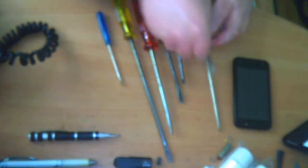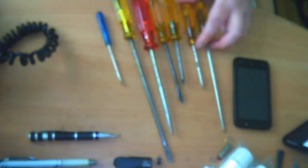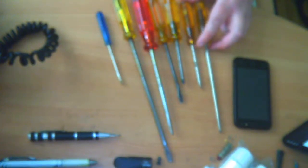Right, so that's what we've been up to this week. We've been messing about this week with Steadfast screwdrivers and other screwdrivers, and I'm amazed how many I've found that I've got. That's the thing that's surprised me about it,